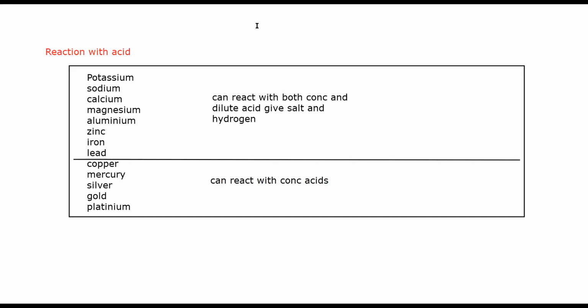The product, for example, if I say I have calcium and I add hydrochloric acid. So calcium plus hydrochloric acid, calcium is more reactive, so it will displace this. So it will form calcium chloride. How will I write it? CaCl2 plus hydrogen gas, which will be H2. Then we will balance this equation. Calcium is group 2, so plus 2, and chlorine is group 7, so it will be minus 1.